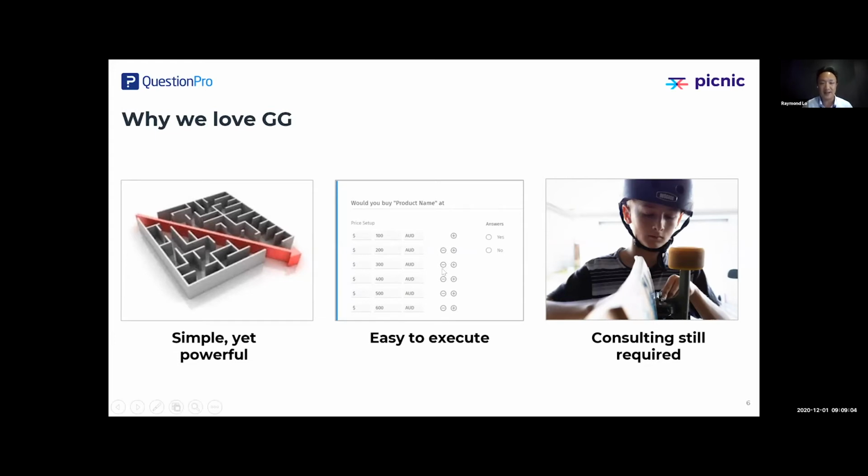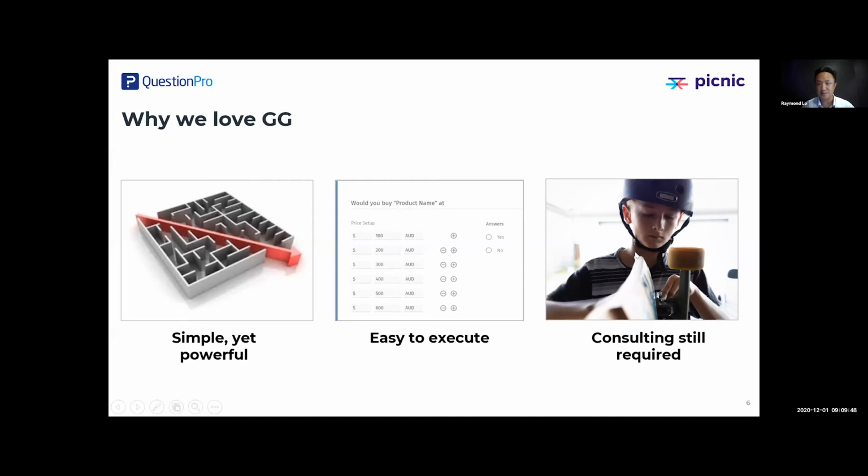I said before in the middle here, it's very easy to execute. Literally in Question Pro, we just put in the 6, in this case, price points, and that's it. We just press the button and we go. We obviously change the name here, a few things to change, but otherwise it's very easy to execute. As opposed to, as a history lesson, when we've done this without the benefit of software like Question Pro, we had to manually code this or get someone to manually write the script, which can take a bit of time because you have to plan every particular scenario. Now we can do it so much quicker, so we can have more time for the consulting end.